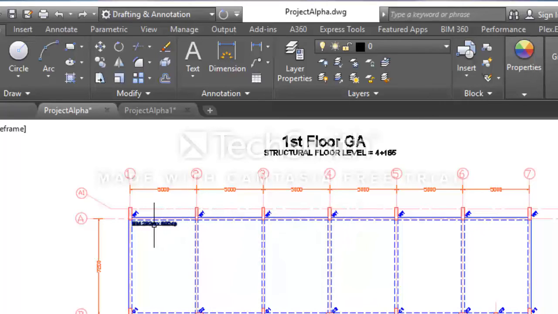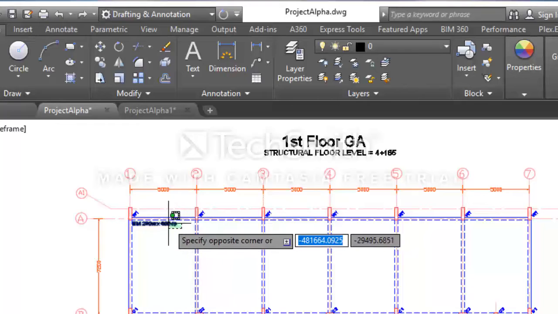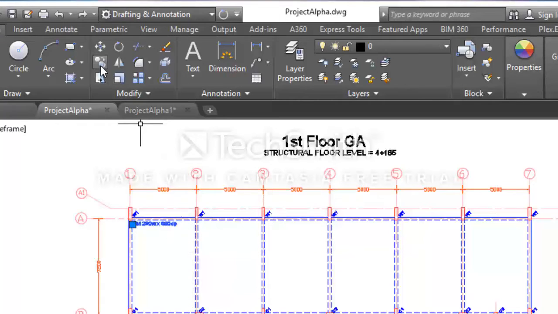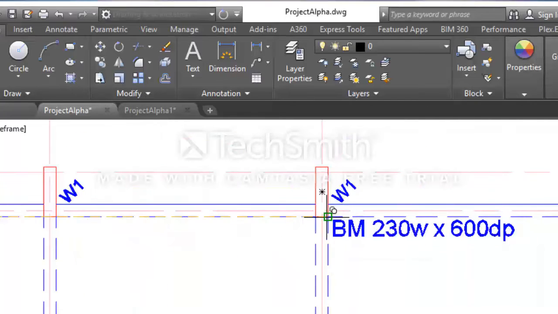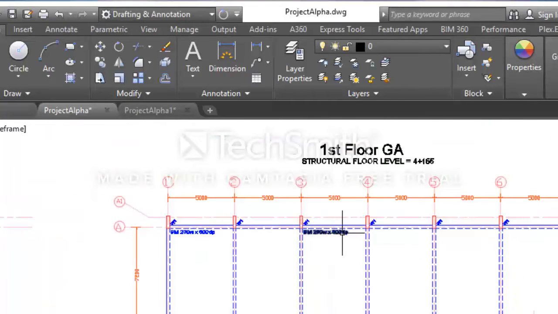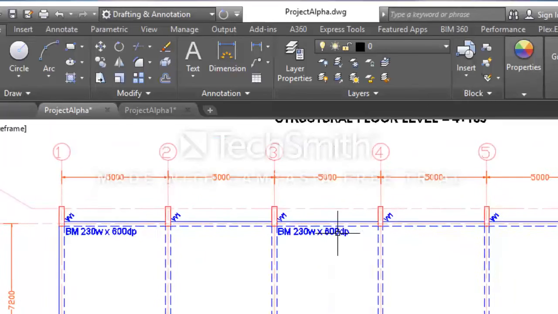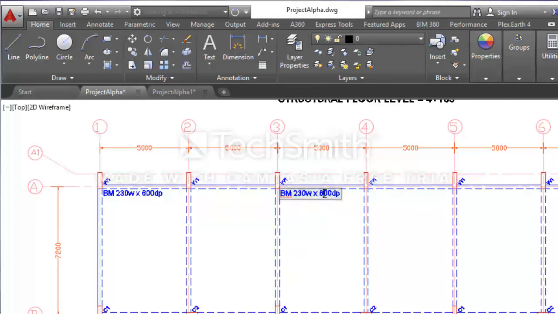I will place a beam label here to denote the property of the beam from 1 to 3, which is constant, and I will copy this label and place it at 3 to 4, then change the depth of this beam to 750.